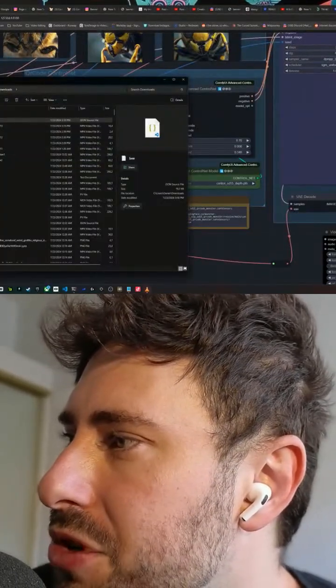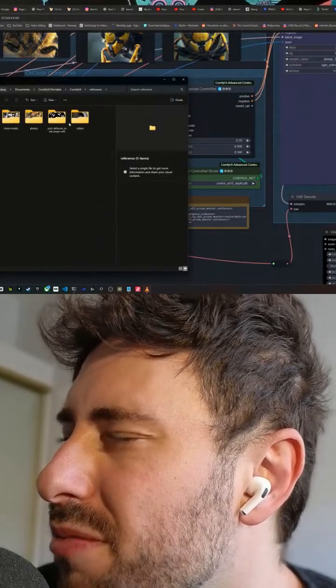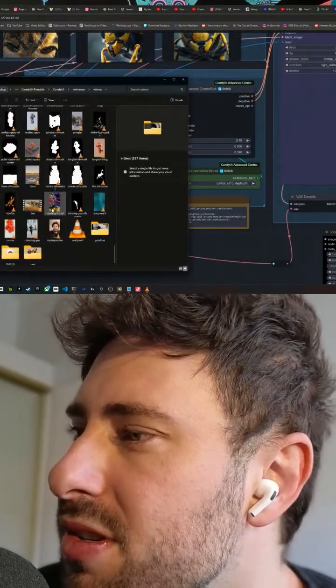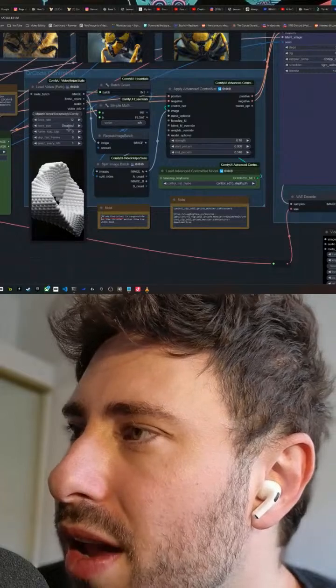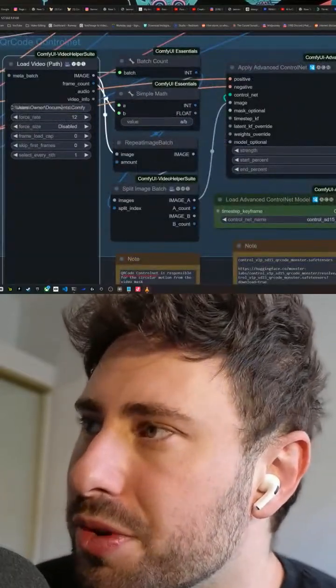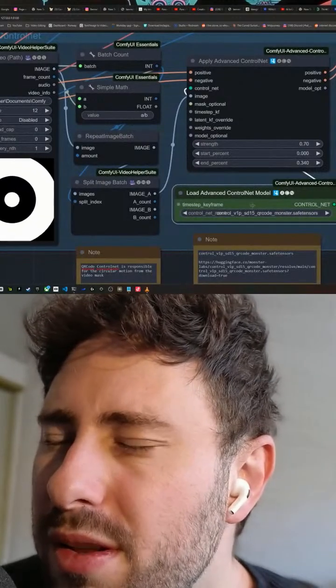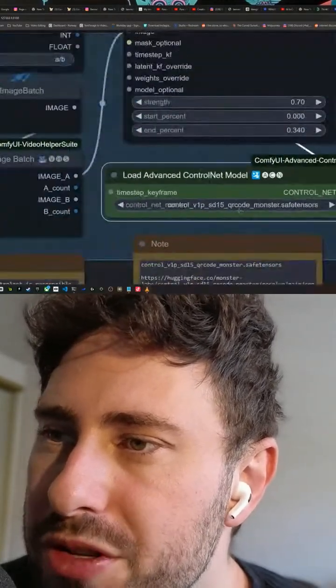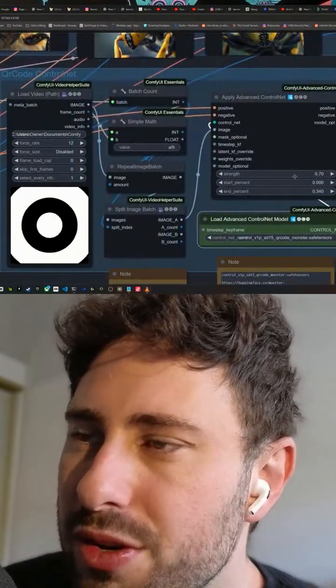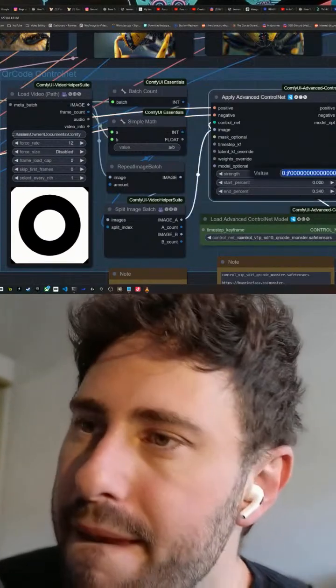Okay, so for the B, I'm just going to use one of my more standard video masks. One that comes stock with this workflow, actually, if you download it from Civitai. So I'm going to plug that in, go over to QR Code Monster for the control net. That's also the default for this flow.